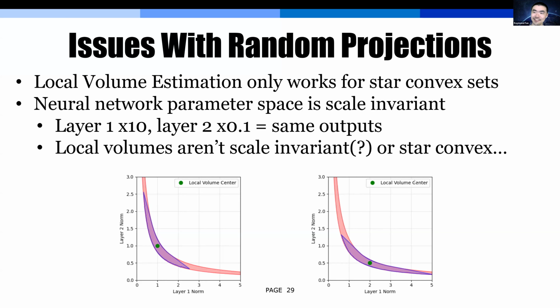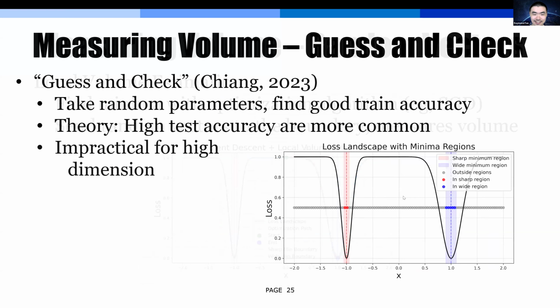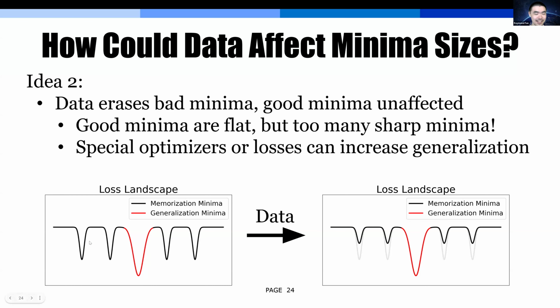Some people have tried implementing flatness-based loss or optimizers, and they've had varying levels of success. I'm trying to understand why that would be from the perspective of this theory for generalization. People have tried implementing flatness measures into their loss landscape. In the context of this picture, it'll only really work in this picture. But the idea is that maybe we can introduce some sort of loss or optimizer that makes it so that if it's really sharp, it just doesn't see it, and we get this even without adding more data, with varying levels of success.